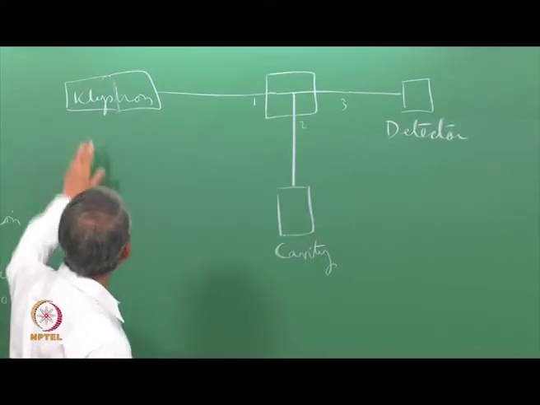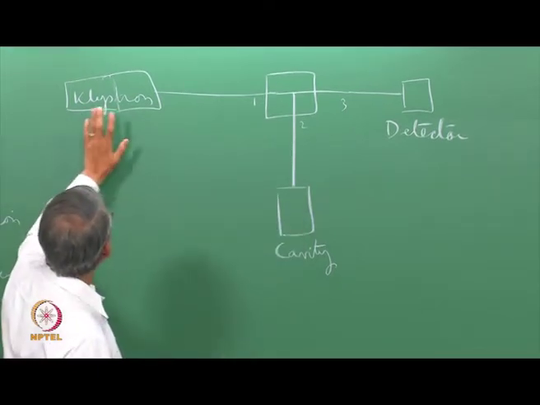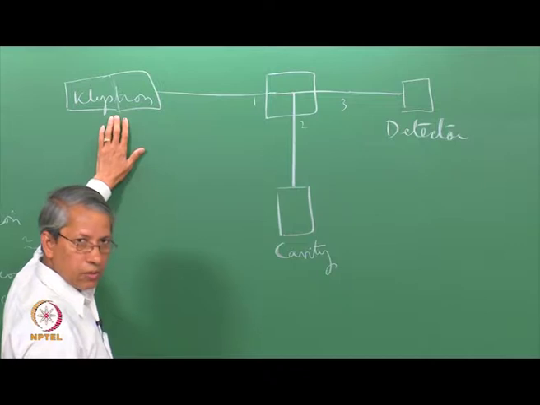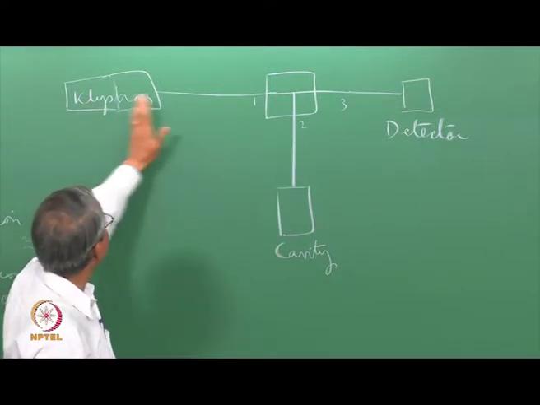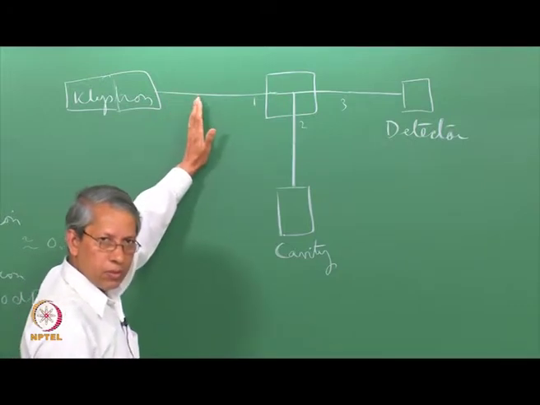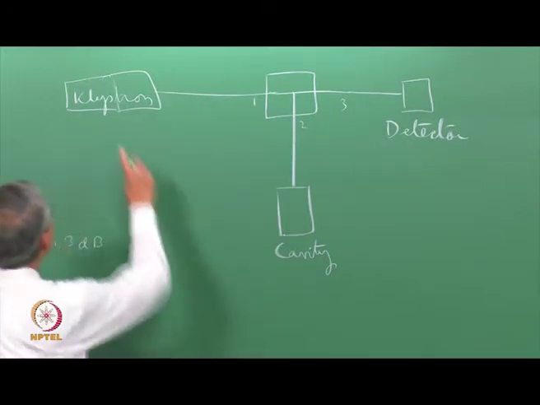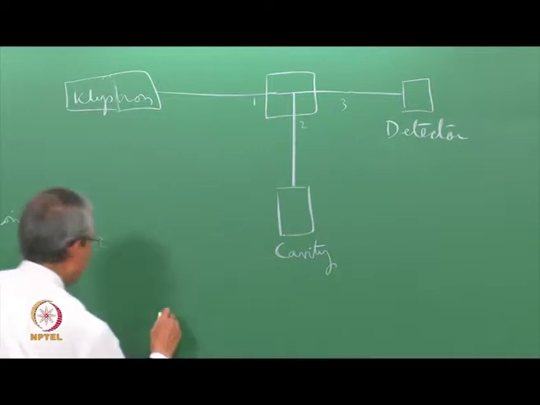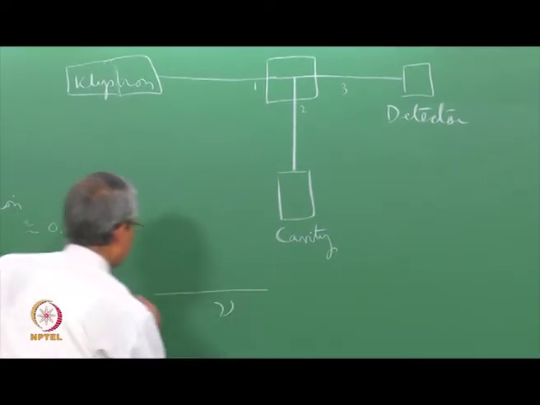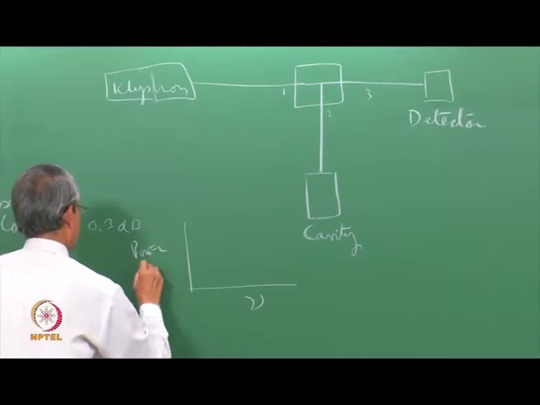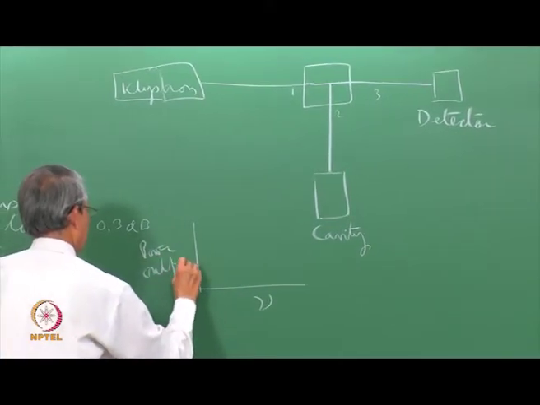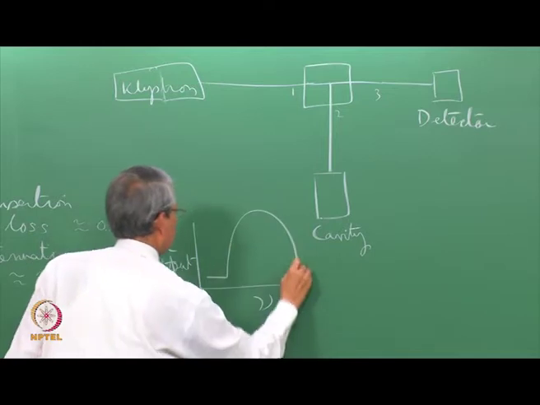For that I start with varying the microwave frequency of the klystron by modulating its reflector voltage, so that this gives out all sorts of frequency. In other words, we try to see the mode of the klystron, and the klystron mode we have seen, as a function of frequency, the power output has this sort of pattern here.